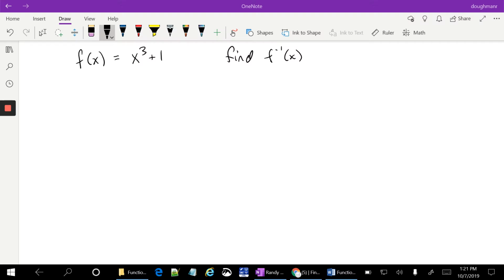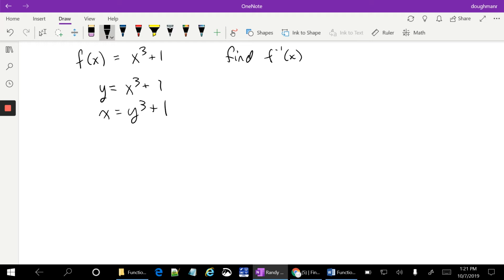Another example of finding an inverse function, and then we're going to verify that they are in fact inverse functions. So I'm given here f of x equals x cubed plus 1. I'm going to find the inverse function. So substitute in y equals x cubed plus 1. Swap the x's and y's